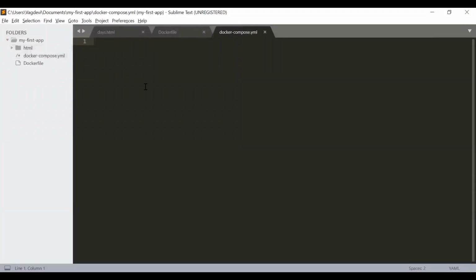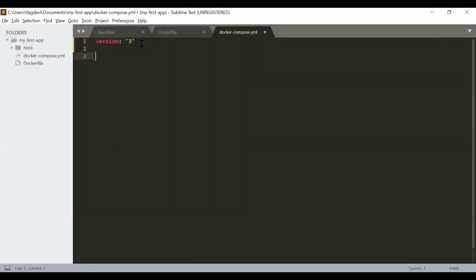Next, we shall start writing the Docker Compose file. First, we shall write the version, colon, space, quotations 3. Please remember that we need to put a space after the keyword version.